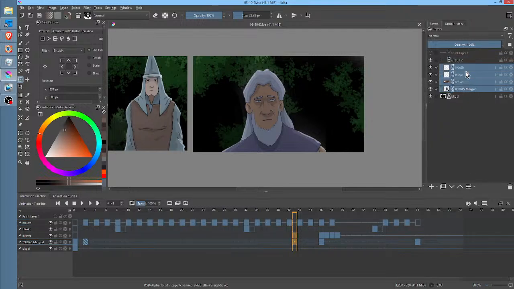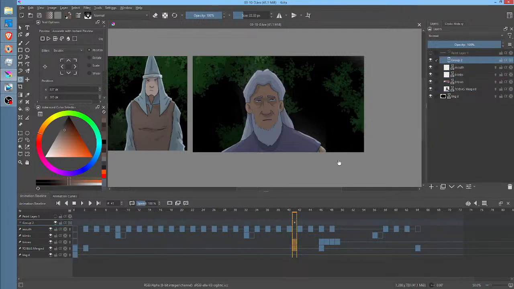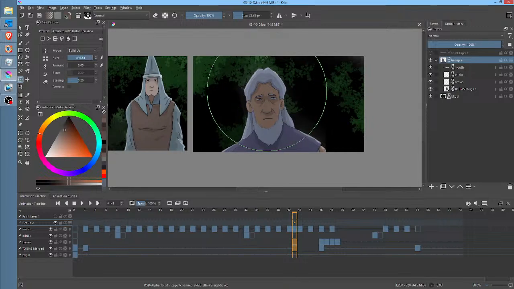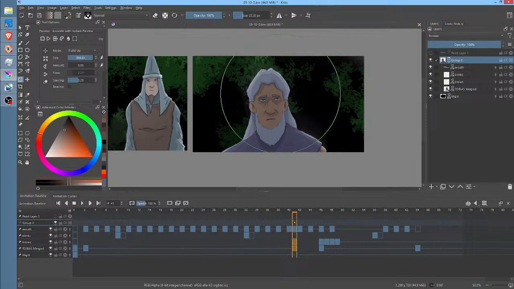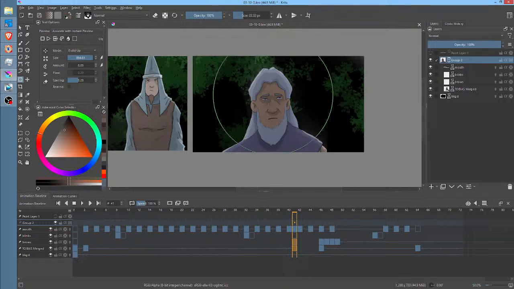So if you don't know what the heck I'm talking about, let me put it this way. Okay, so intuitively what you'd think is, if I can put all these in a group, and let's assume they all have animation keyframes, then let's say I want to use the liquefy the way that you would use the plastic tool in Tahoma. So you might do something like this, right? So you kind of move it around. And I did note yesterday that the liquefy does seem, in the latest version of Krita, to be more stable, but it's also less performant.